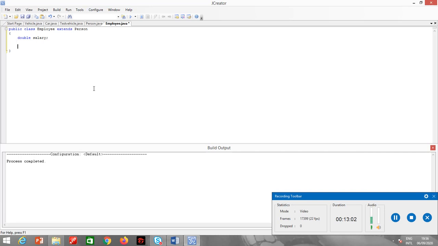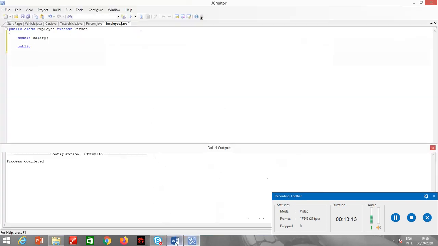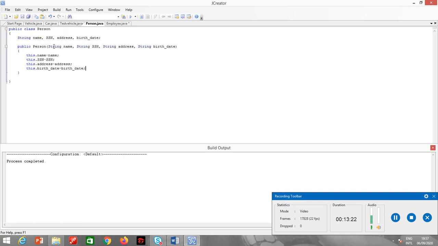Now I have to make a parameterized constructor. Public employee. First of all, let me just copy the variables from there. And the last one is double salary.